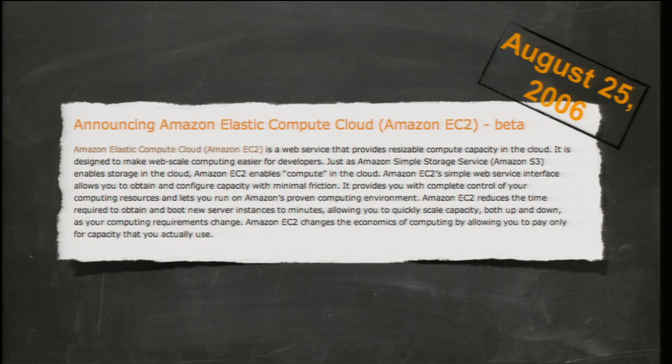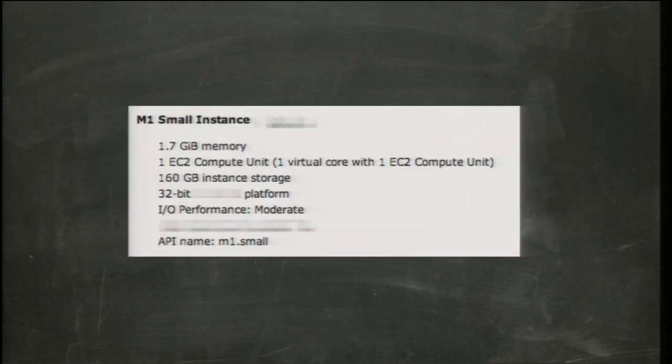And after scratching my head for a few minutes about what Amazon was up to and why my favorite bookstore was providing servers that I could spin up and down, this was pretty fascinating, and about a day later, I was actually running on Amazon EC2 on the one instance type that was offered at that time, which was the M1 small. I actually think the page probably looked different then, but I did have a cache of it.